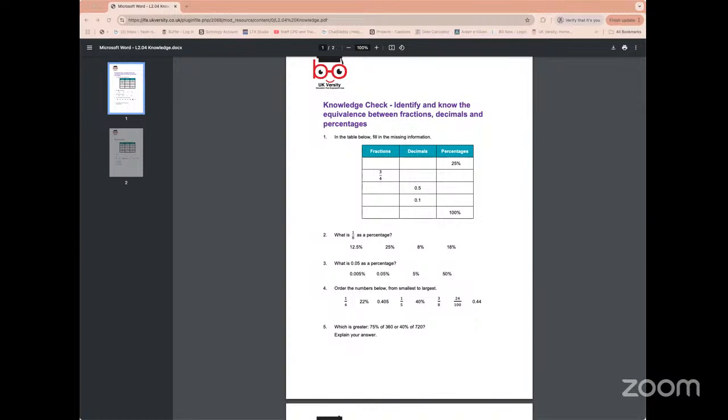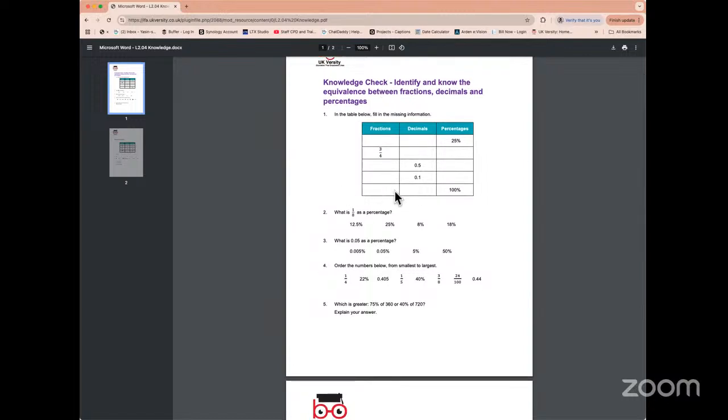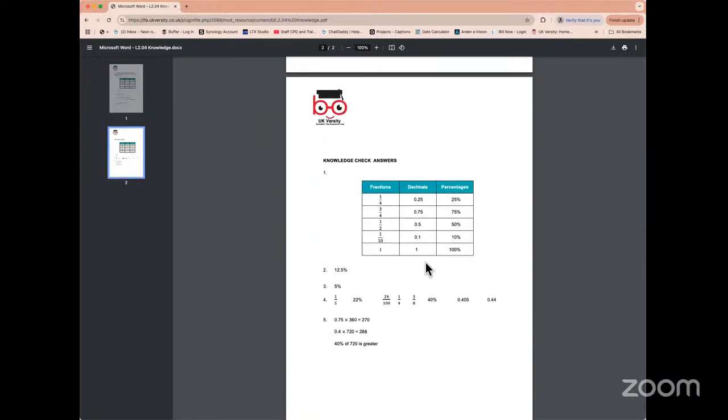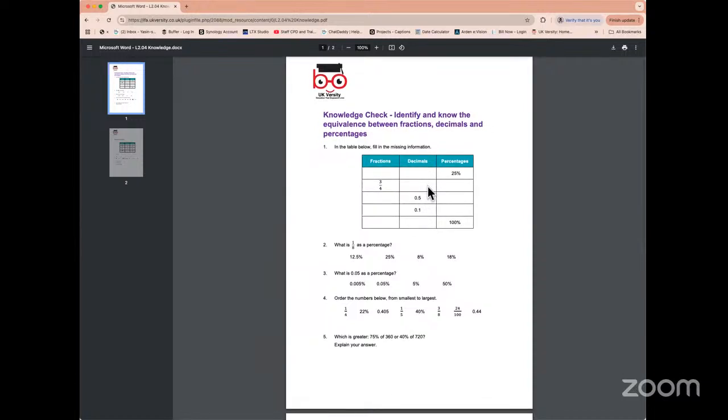And what I'm going to do is basically also open up the answer, so that at any given point in time, when you cover this on the second page, the first page is the activity, the second page shows you the answer. So what you can do is obviously go in and do this as an activity, and then test yourself to see if you've got the right answers by scrolling down to the second page.